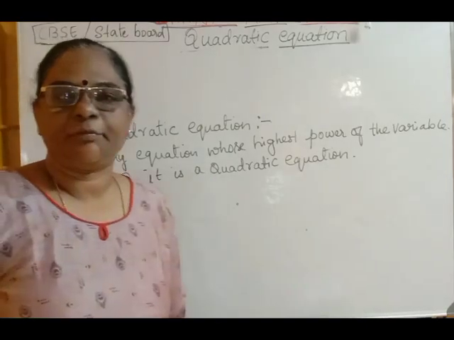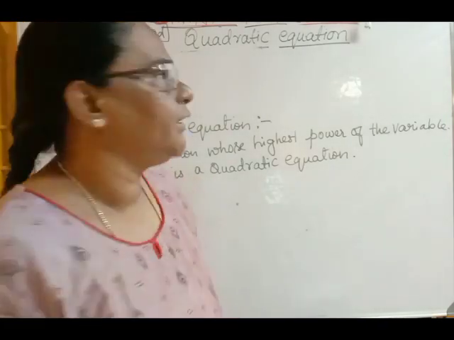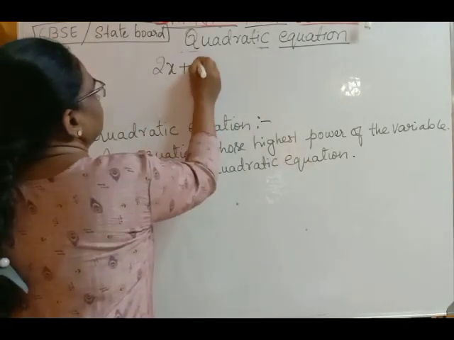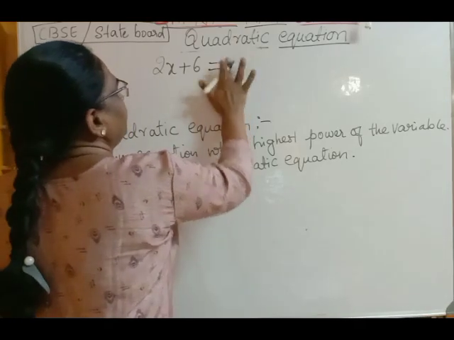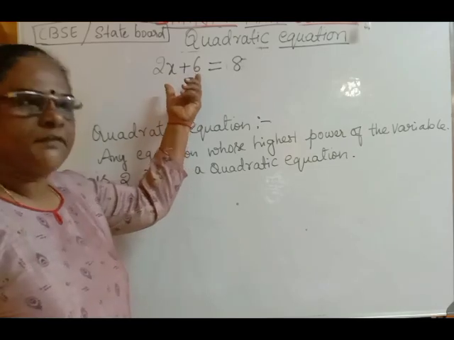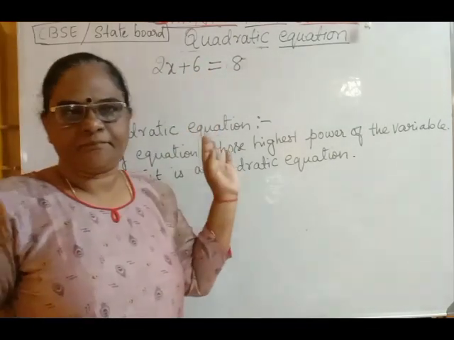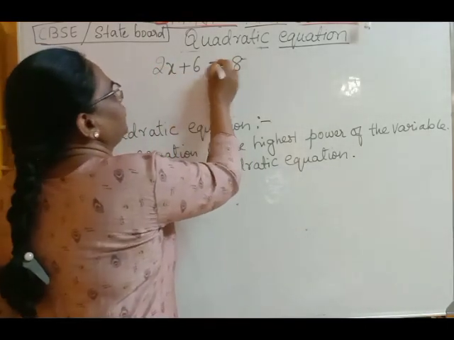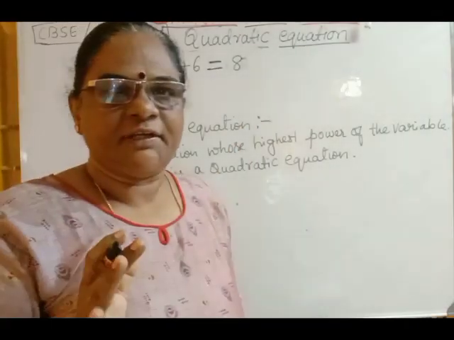Next, what is the meaning of an equation? So an equation is nothing but an expression which is equated to something. This is an algebraic expression, and this algebraic expression is equated to some number. Is it not? So, if an expression is equated to some number or some variable, whatever it is,